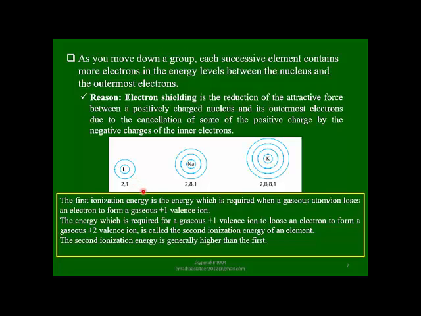So we have more than one ionization energy, because elements can form more than one positive ion. It depends on the number of electrons that are removed. If we are removing the first electron, it's called first ionization energy. If we are removing the second, it is what we call second ionization energy. But in general, second ionization energy is always greater than the first ionization energy,